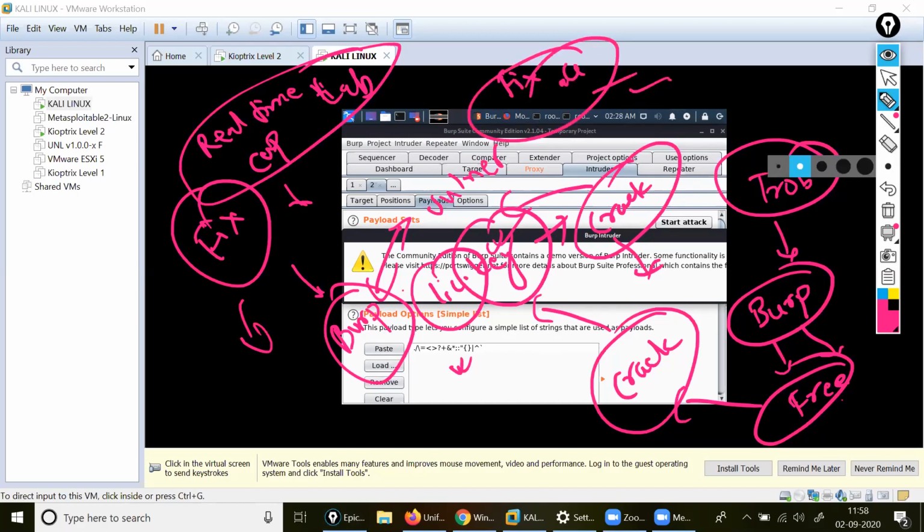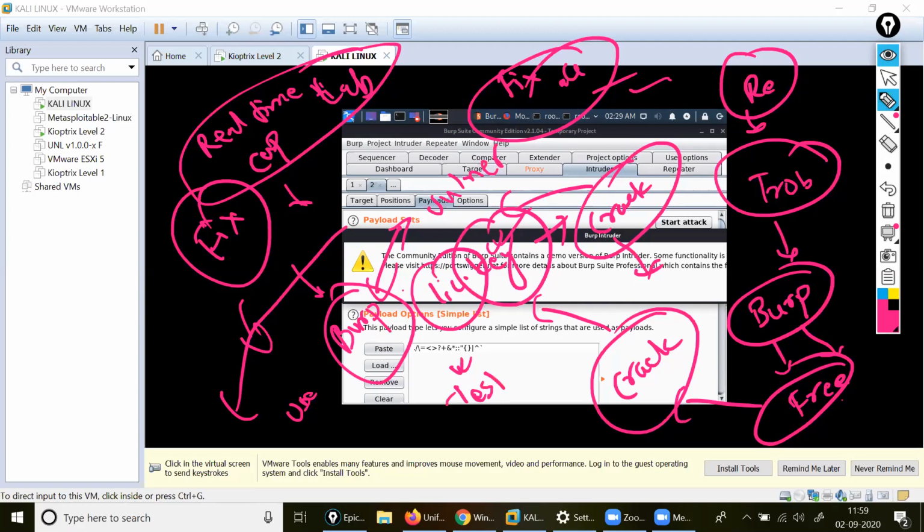Uninstall it, reinstall your Burp, and try to check up to here whether it is capturing your IP address with that information or not. Understood? Because it was asking me for a username and password, since I'm in a remote area. Remote means I'm on Kali Linux and I want to access Kubernetes 2. It is asking for the username and password, but I don't know the exact username and password, so I'm using test and test.